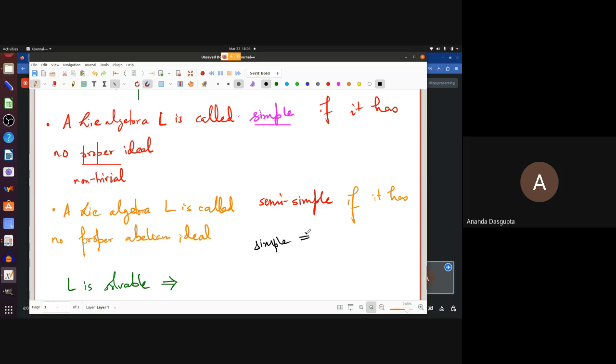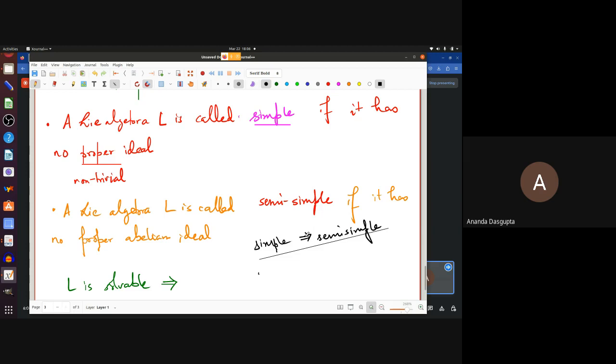That's obvious. When the algebra is simple, it has no non-trivial ideal. So the question of it having a non-trivial abelian ideal doesn't even arise. Right? So it is trivially semi-simple. Any simple algebra has to be semi-simple because if it has no non-trivial ideal, it definitely cannot have